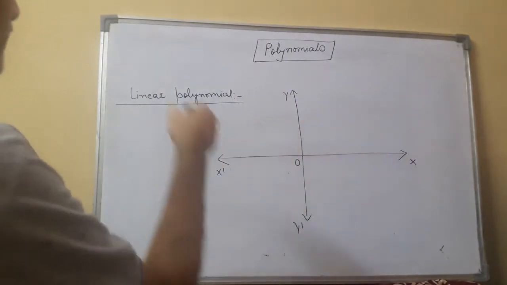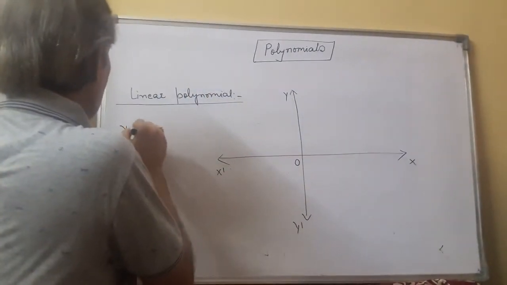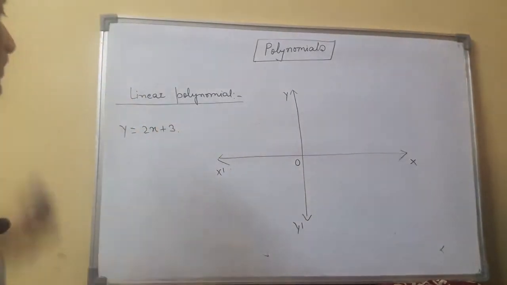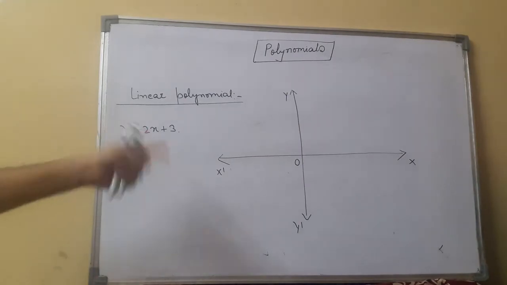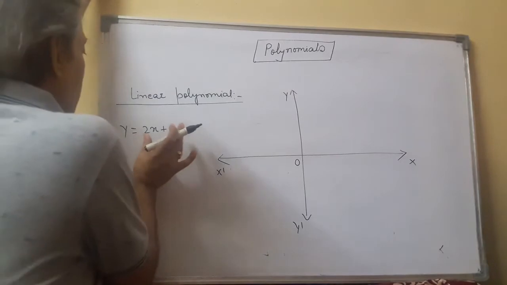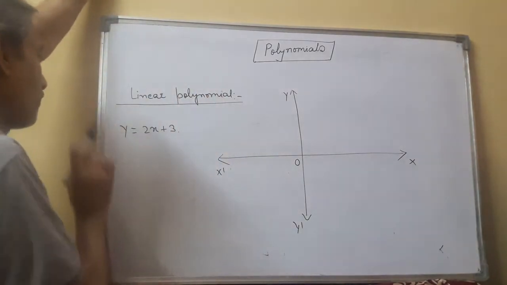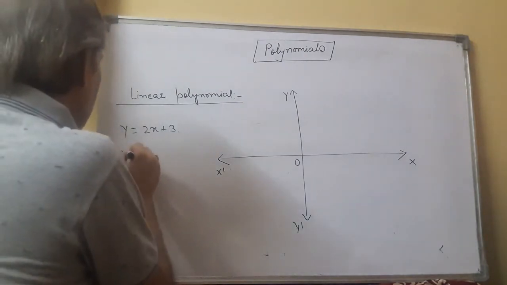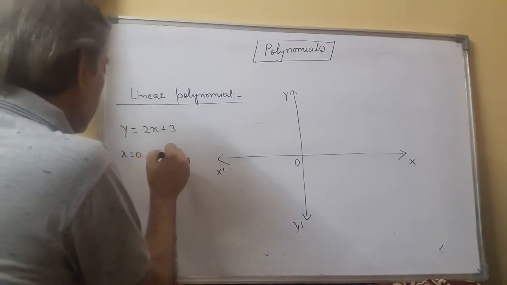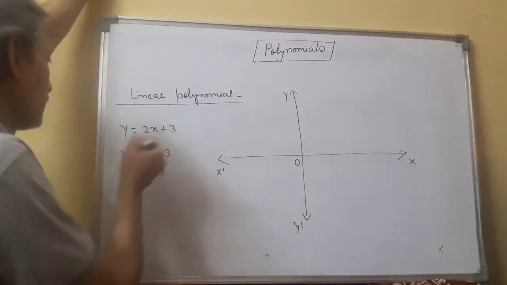We have drawn x-axis, y-axis, origin. For example, let's say y equals to 2x plus 3. अब ये तो ड्रॉ नॉर्मली 9th में क्या होगा, we will take some values of x and we will get some values of y. Let's say for when x is 0, what is y? Put it here. So we are getting y equals to 3. So we have one value 0, 3.